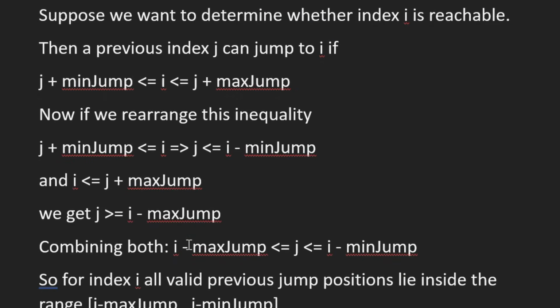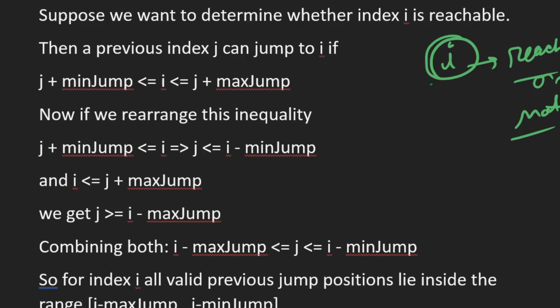Now we are assuming that we want to determine whether this index i is reachable or not. Suppose this i is reachable, then there should be a previous index j from which we can jump to this index i, right?